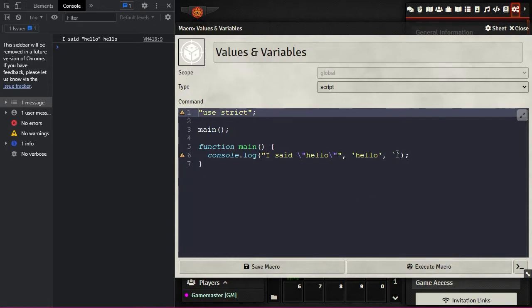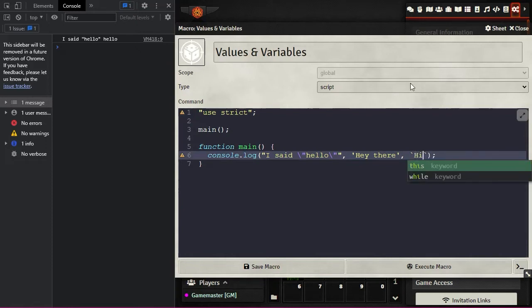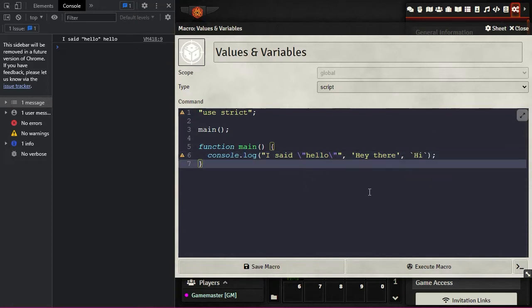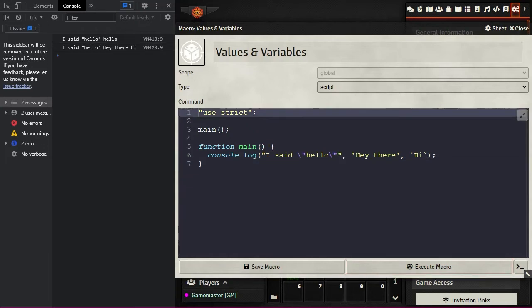And then it says hello, and maybe we'll change this so they're a little different. We'll say, hey there. And maybe this one can be hi. So all 3 of these values are strings, and JavaScript is more than happy to output a string to the console without whining. Now, if we got rid of these, as I was showing you,